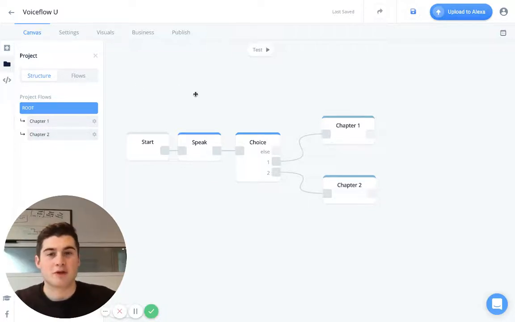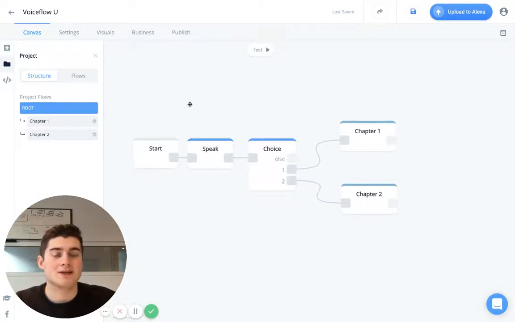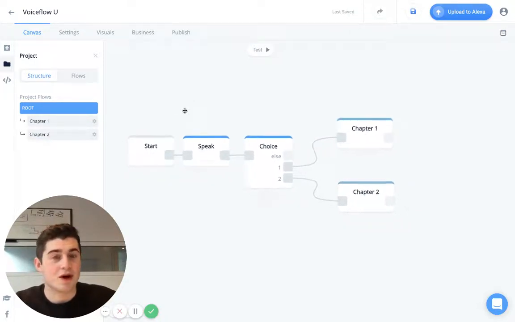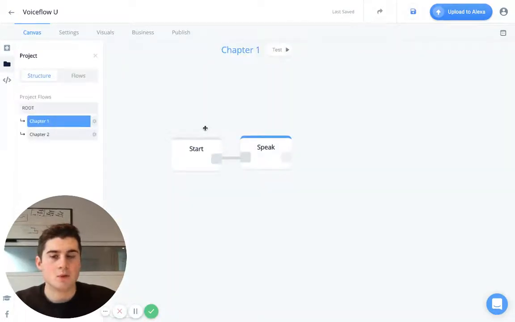Now, there are ways to get around this if you do want to end within a subflow, which is a flow within another flow. So, for example, Chapter 1 and Chapter 2 are both subflows here. And there are ways to end the skill, such as by using an exit block, and you can watch the video on that. However, for the sake of this video, just know that within your subflows, when there's no more